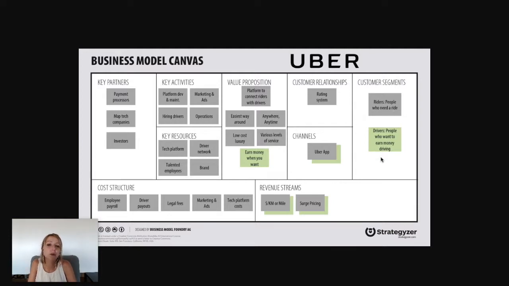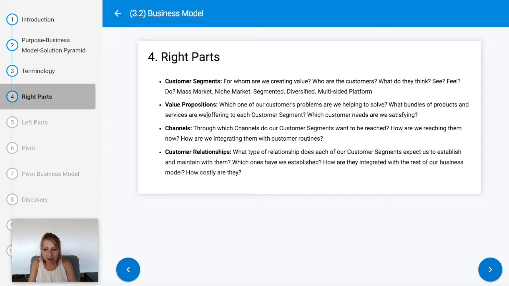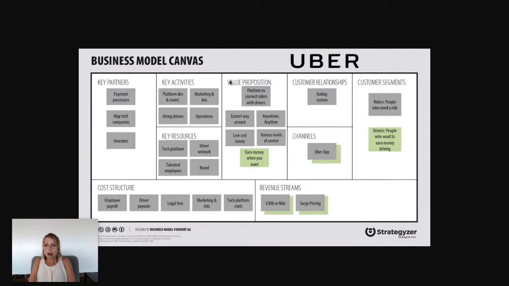In your case, you have to stop and think about, okay, who are my customer segments? Then, if we continue, we have the value propositions. The value propositions are: which one of our customers' problems are we helping to solve? What bundles of products and services are we offering to each customer segment? Which customers' needs are we satisfying? Okay, in the center of the canvas are the product and service things that we are offering to our